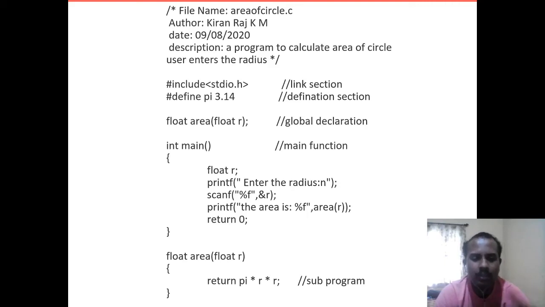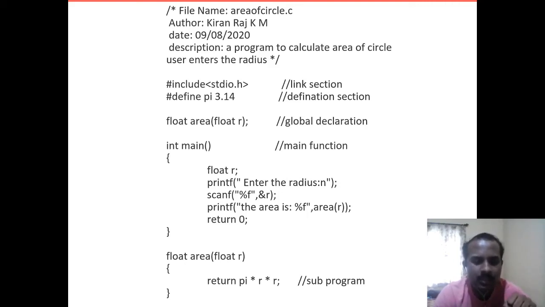a function will have two parts: one is the declaration part and the other is the executable part. The declaration part specifies the variables present in that particular function. For example, here we have specified r, because I'm going to use r in this function, so I have to declare it.